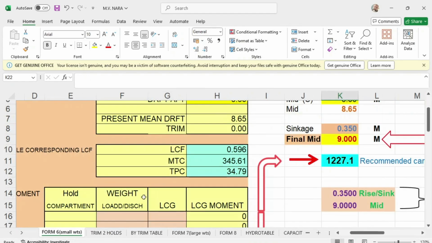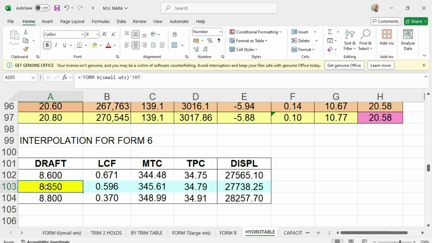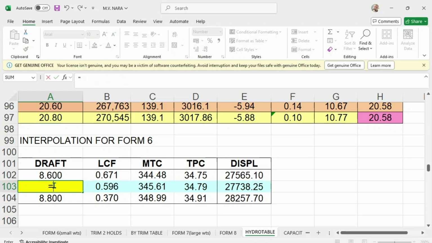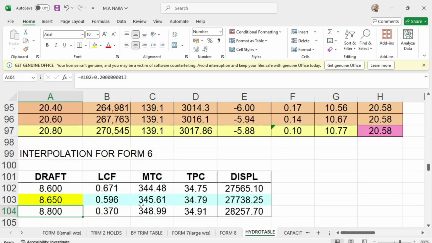This is form 6. Then you look for 8.65. You go to a hydrostatic table. Then you just type here 8.65. Now what you do is put equals, then you go to form 6, then press this one, mean draft. Then you will have 8.65. Automatically this will appear.